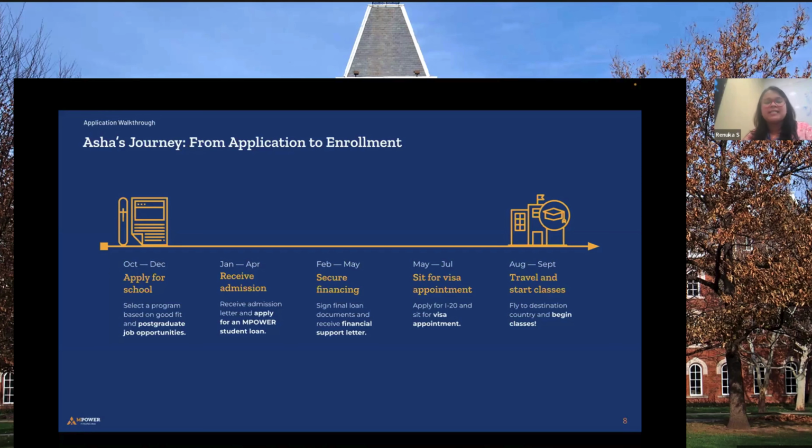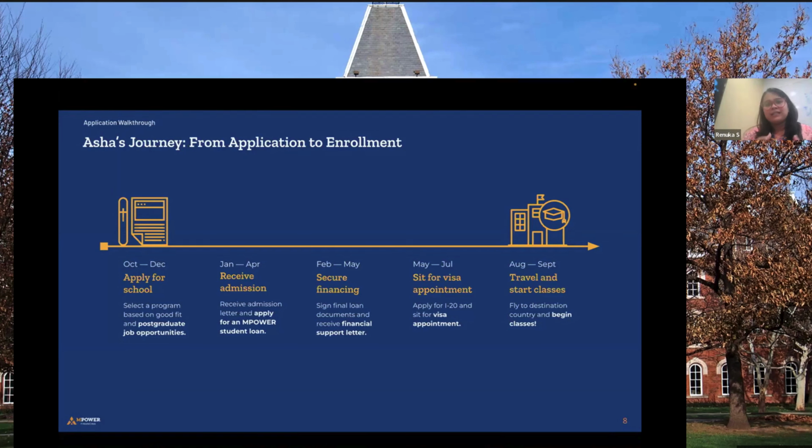Before you start applying, selection of course, what kind of profession you would want to move ahead with. You guys would always want to look for the best education system and best journey to move to US and Canada. After all of this, you guys start to apply for the school. That happens in October, November, December, which I mentioned, which happens here. It's like a lot of waiting game. A lot of people apply. They apply for the most sought after education destination.